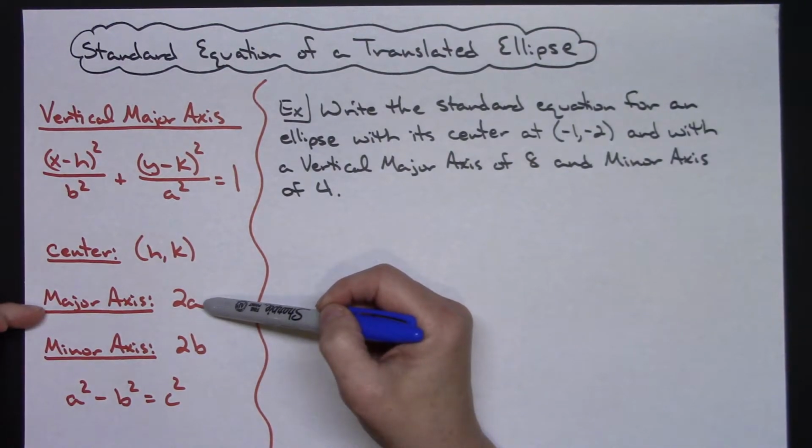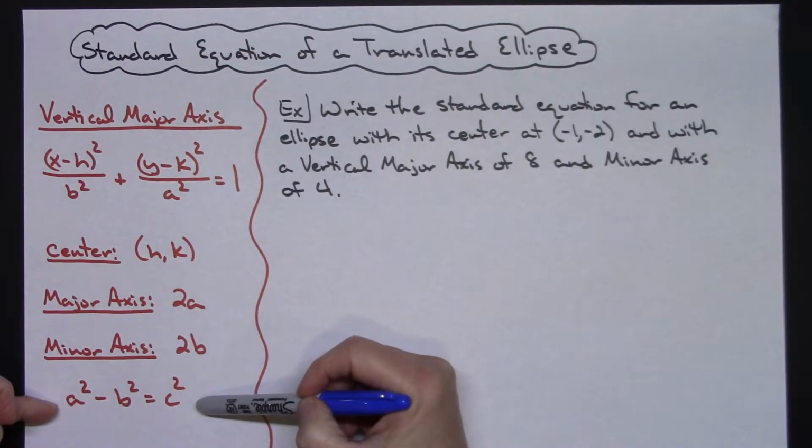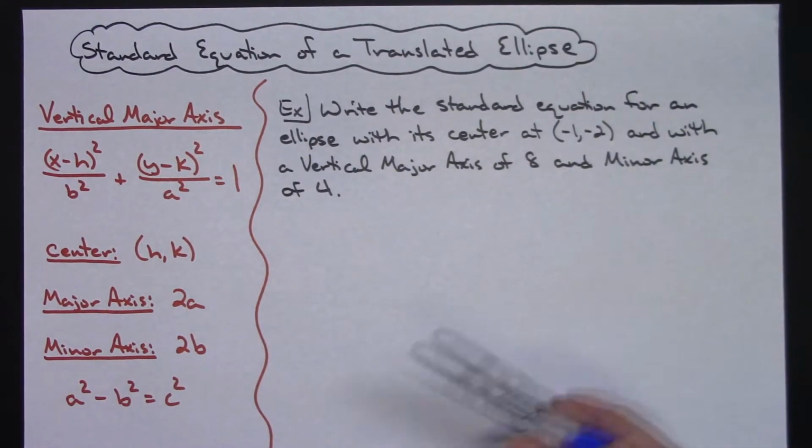A couple other formulas will be helpful here. Your major axis formula is 2a, your minor axis formula is 2b, and then you can also use a squared minus b squared equals c squared